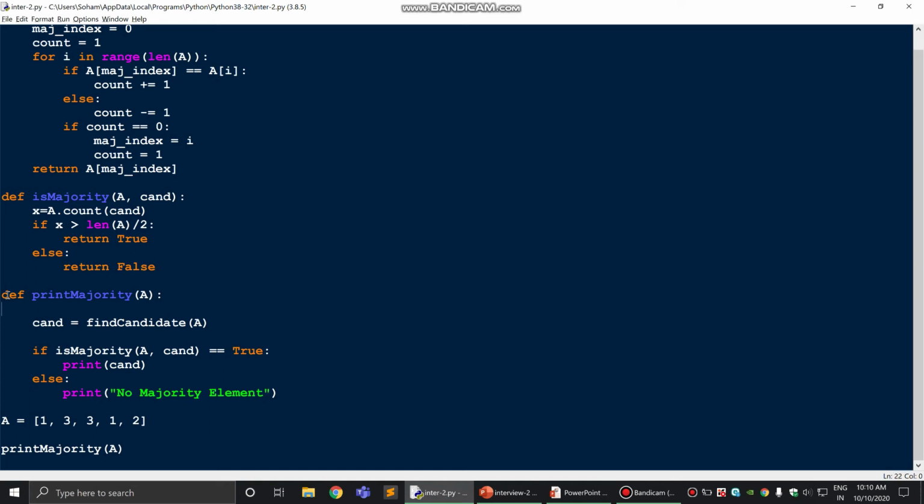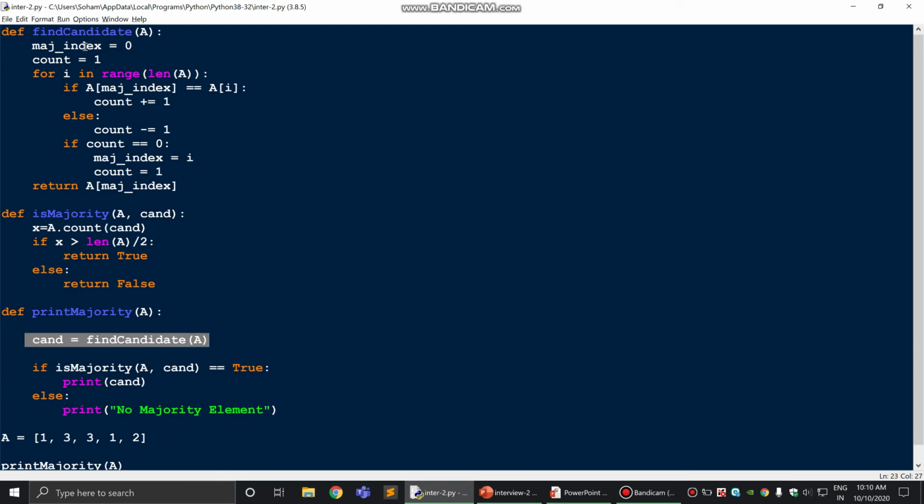After that we define another function, print majority, where it will print the candidate. So if is majority equals true, then print the candidate, otherwise print no majority element. So now we will just call print majority of a. It will call this function, and inside this it will first call the function find candidate, and then it will return a candidate.